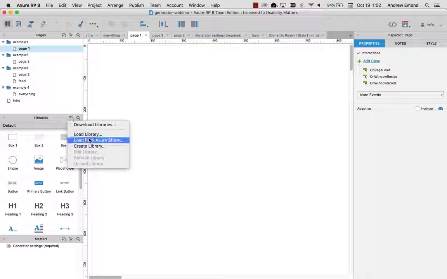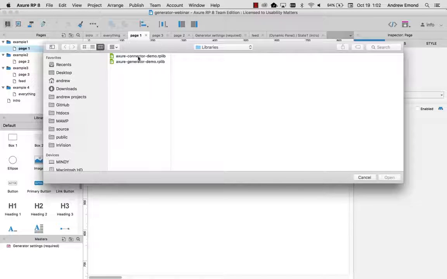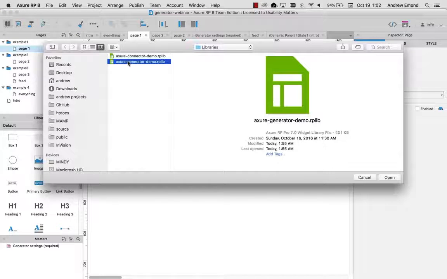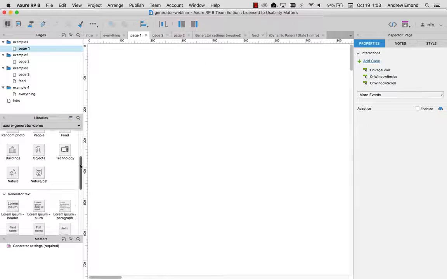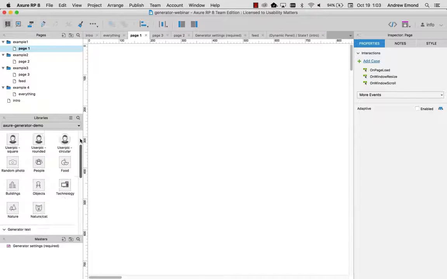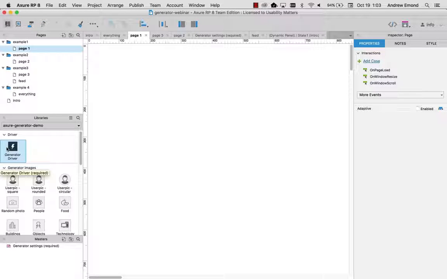Generator comes in the form of a library file. I'm sure a lot of you are used to working with external libraries for this. So I'll load that up. Now, before I get into the actual widgets in the library, what I want to do is look at this